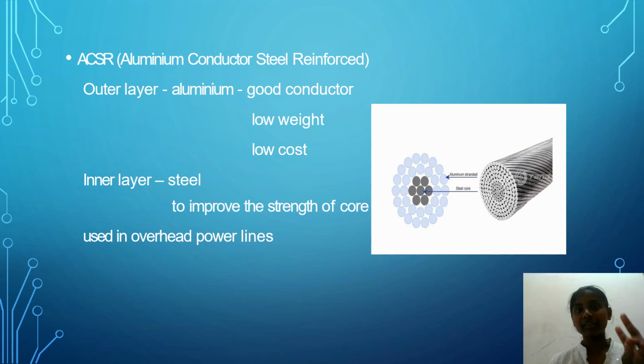So it consists of two layers, outer layer and inner layer. The outer layer is aluminium and the inner layer is steel. So this type of wire is used in overhead power lines, right? And the fourth type is